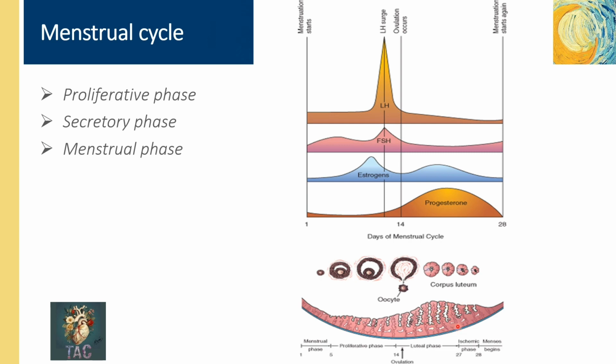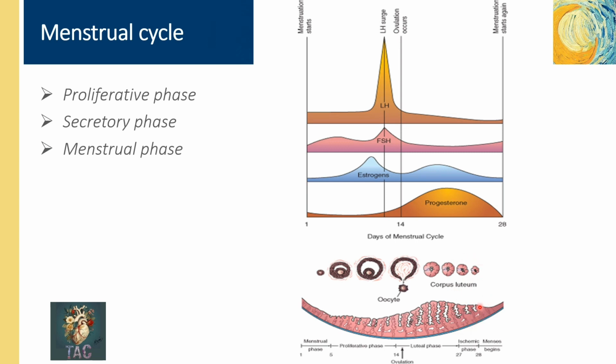There is accumulation of glycogen in the glands, edema fluid forms, and these changes prepare the endometrium for the implantation of the zygote at this stage. But if fertilization does not occur, progesterone and estrogen have a negative feedback effect on GnRH, and there is a decline in secretion of FSH and LH, and as a result a decline in secretion of estrogen and progesterone, because the corpus luteum degenerates, and because of this degeneration of the corpus luteum, there is a withdrawal of the